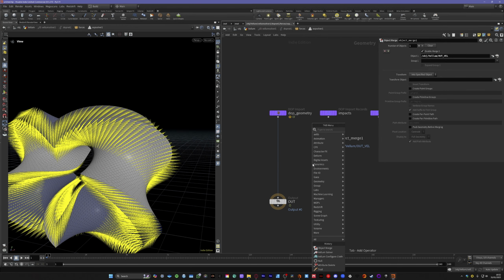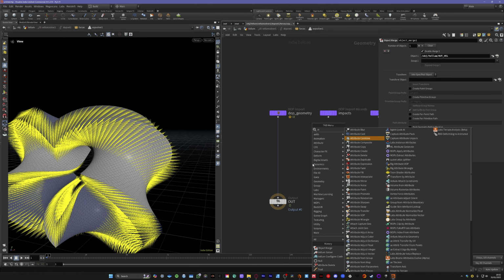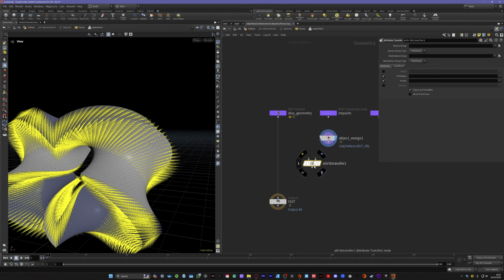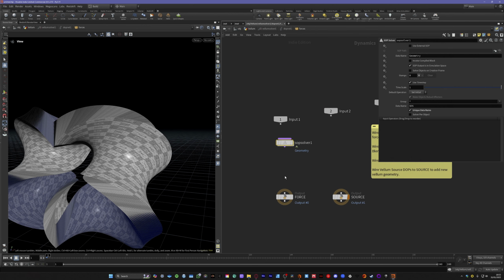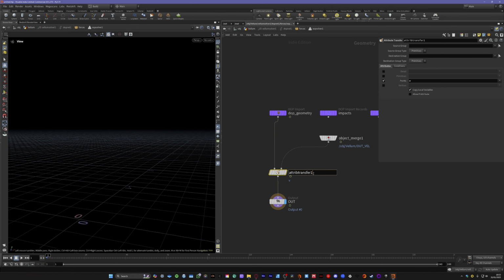What we want to do is an attribute transfer, and again, Shift S, we want to put our velocity attribute in here. The one problem with SOP solvers is they don't like to take the data, so we do that. Now we should see, if we play this,